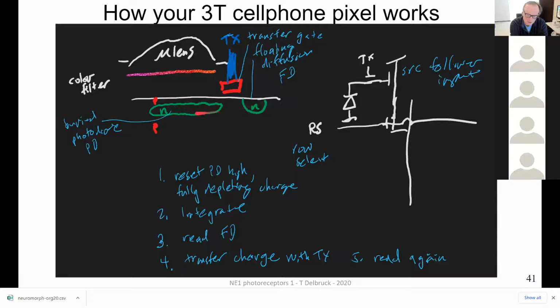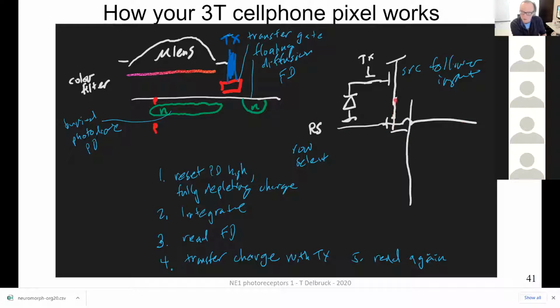So the way this thing works is that you start by fully depleting this junction. In other words, you set this voltage on this N node at a high voltage, you turn on the transfer gate, and then you basically suck all the mobile charge out of this floating diffusion. So now there's zero mobile charge in it. So there's no noise because there's no mobile charge. It's just completely depleted. It's just like a complete depletion region. Now you turn off the transfer gate, and now this thing collects electrons. And when you're ready to read it,